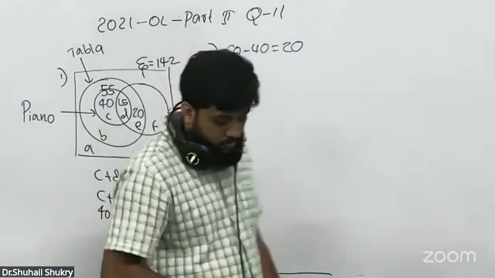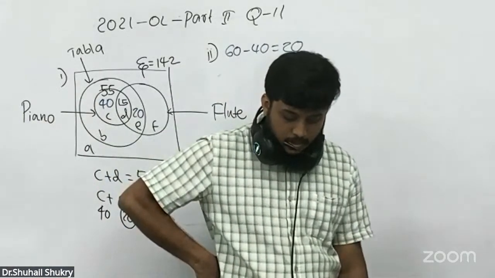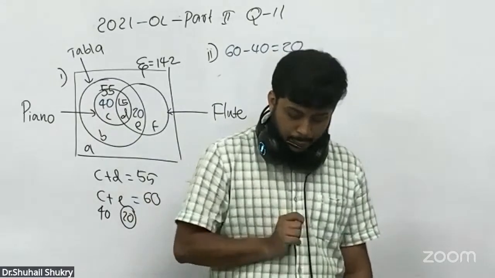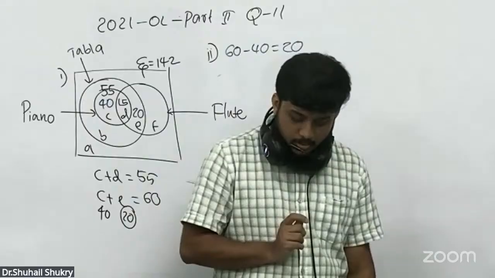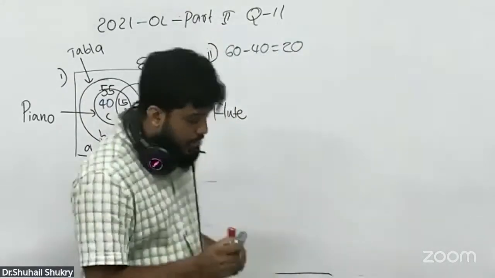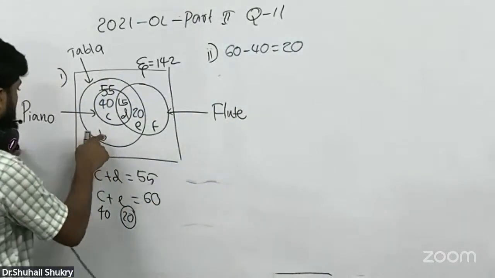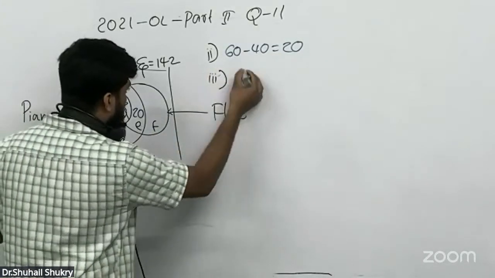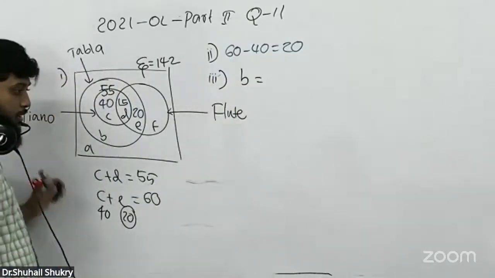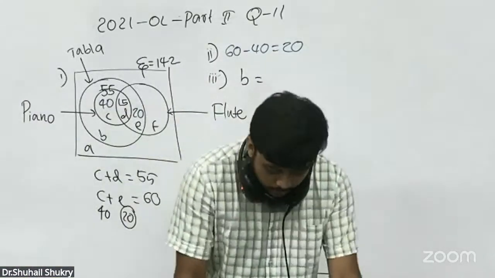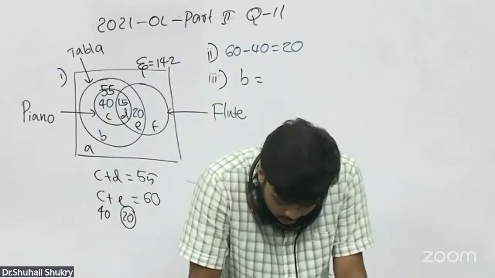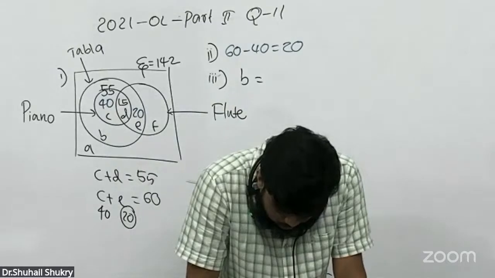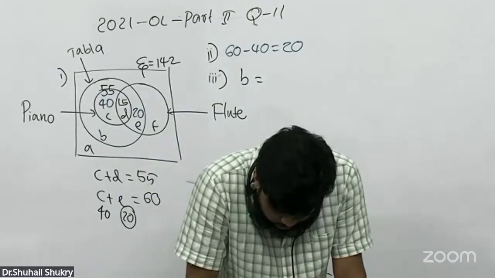Now the third one. The number of musicians who play only the tabla from these three instruments is equal to... Only the tabla means what? Only the tabla means that is B. And that is equal to